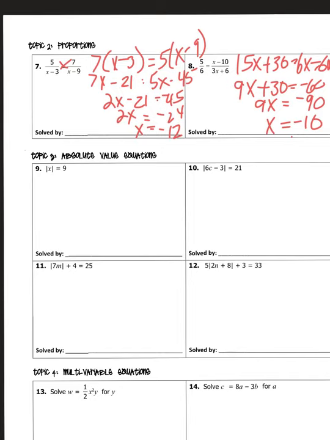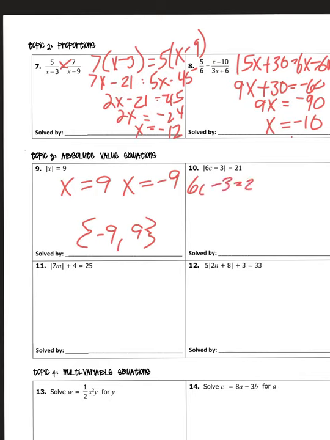Absolute value equations. So in absolute value equations, you have to isolate the absolute value and then set it equal to the positive and the negative. So in our first example, the absolute value is already isolated. So I can say x equals 9, and x equals negative 9. And then in solution set notation, remember I write the solutions from least to greatest, and those are my two solutions. All right, number 10, the absolute value is already isolated, so I can say 6c minus 3 equals 21,